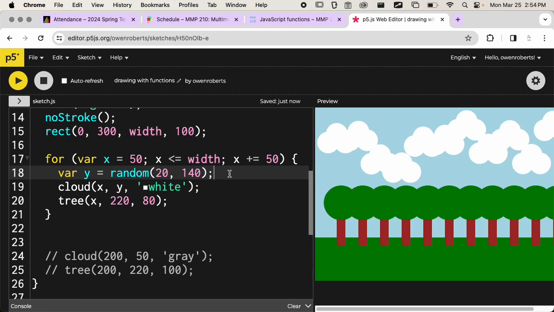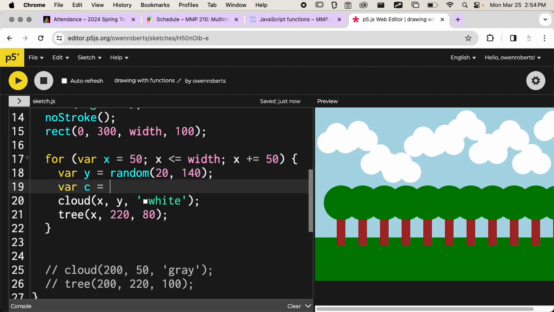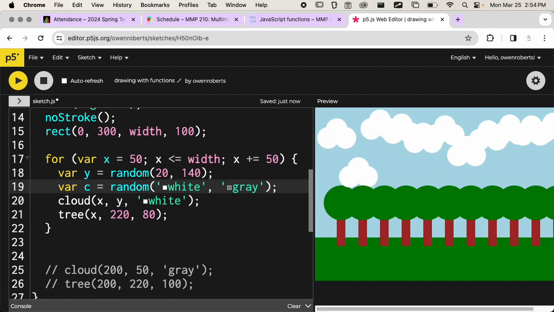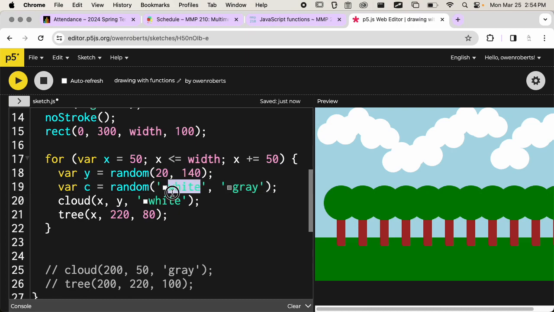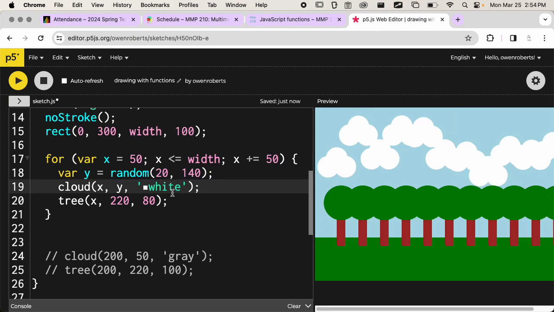We can also randomize the color. So if I say variable C, oh, actually, I don't know if this will work. Let's try it. I don't remember if this will work if I do white and gray as parameters. No, it won't let me do that. Okay, never mind. There are other languages where you can do that, but not here. Anyway,